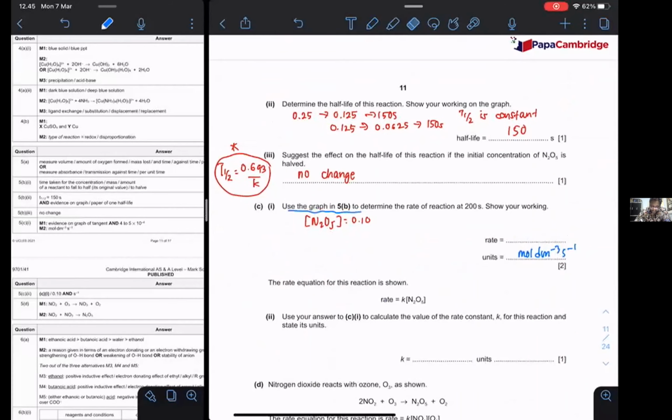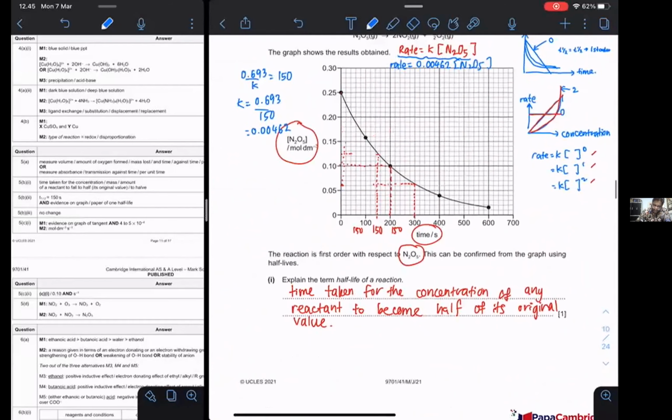It's a graph in 5B, so we'll use this graph. We need to use the tangent method. So here, this is the point, so you need to draw something like this, and then try to make it as